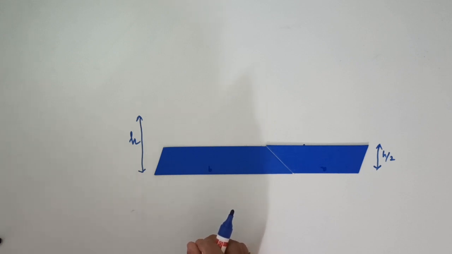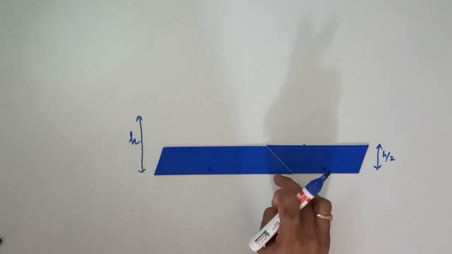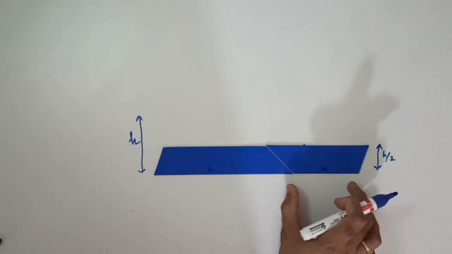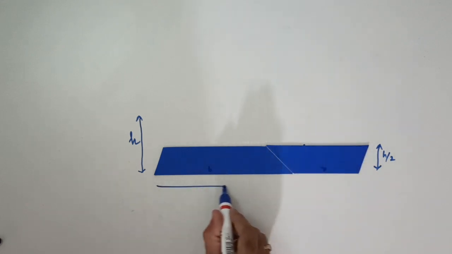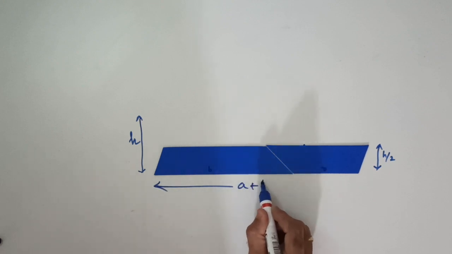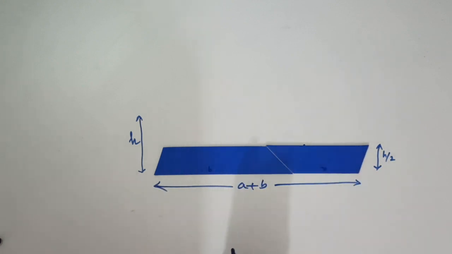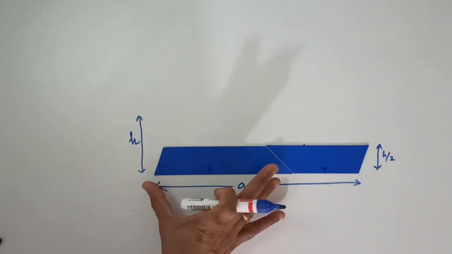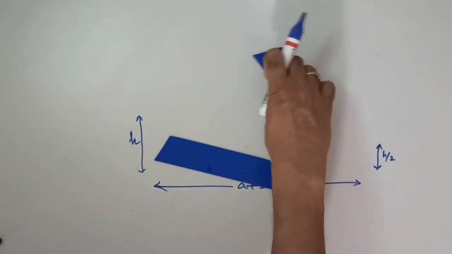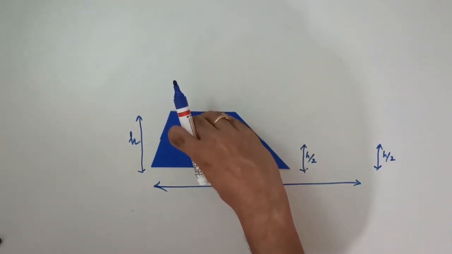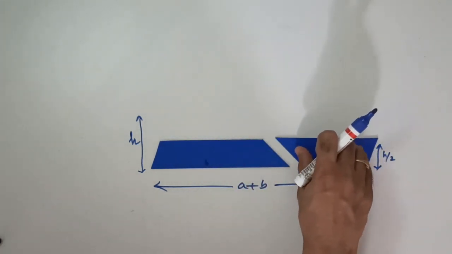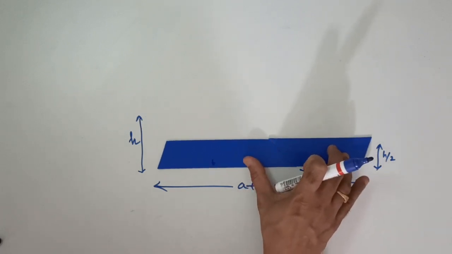Now what is the area of a parallelogram? Area of a parallelogram is base into height. What is a base? You've got a side which is B and then another side which is A. So this whole length is A plus B, right? Which is nothing but sum of the two parallel sides. So you have side here and this side was parallel to this. So when we started off, it was like this, right? So A and B were the parallel sides. So we need to add the lengths of the two parallel sides. That will be the base of the parallelogram.